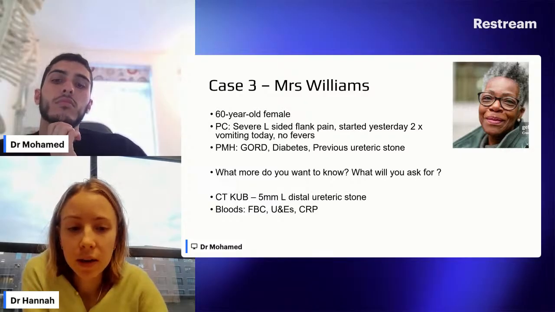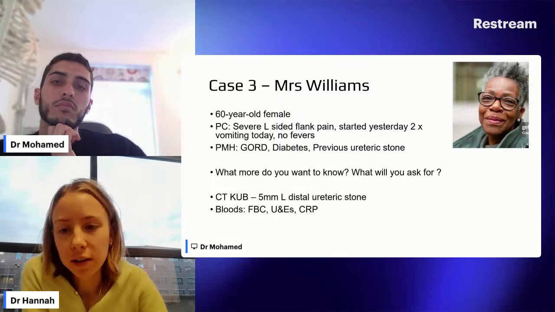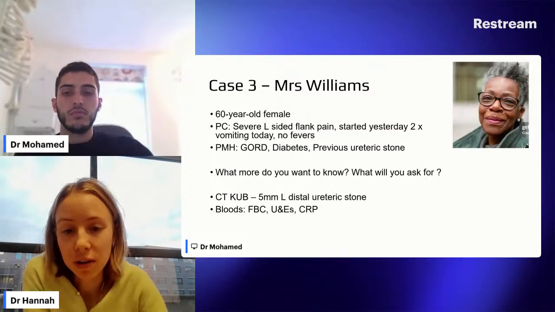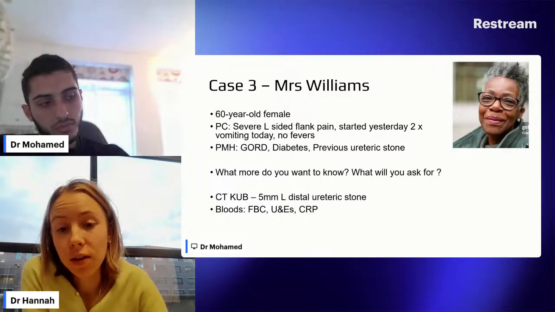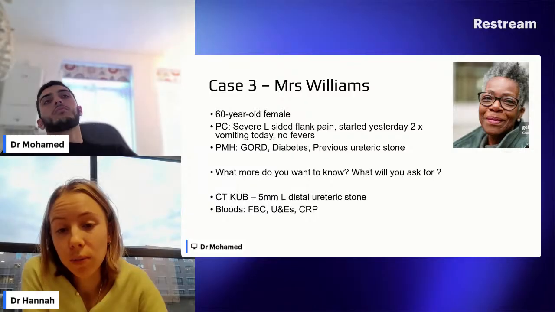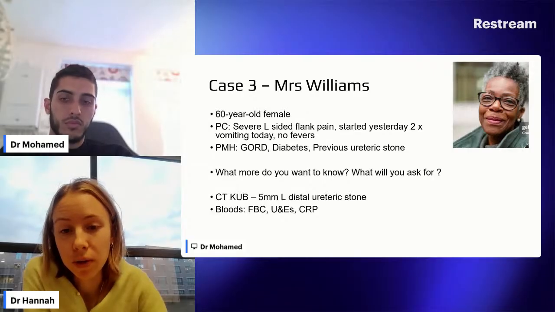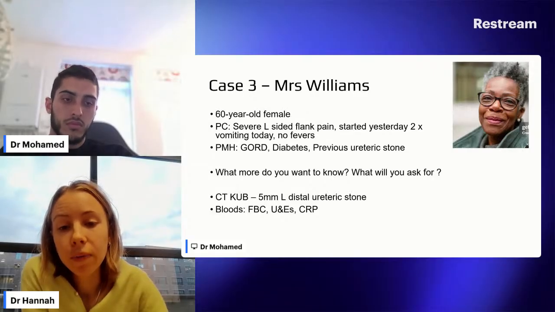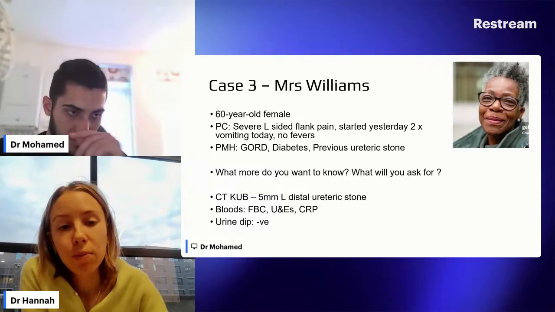And you're going to do some bloods. Well, okay, I won't ask this question. So why are we doing bloods? Obviously, to get an idea of is this stone causing an infection? UNEs, because we want to know if the stone is causing an obstruction to the point where the kidney is being affected, so causing a post-renal AKI, and their CRP, obviously again for infection markers,